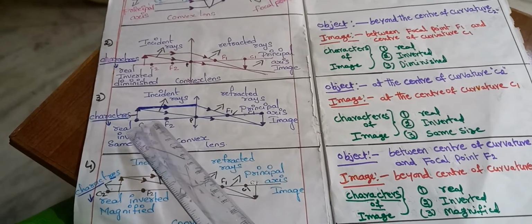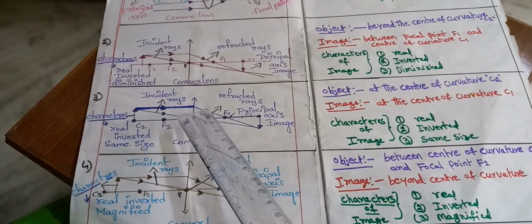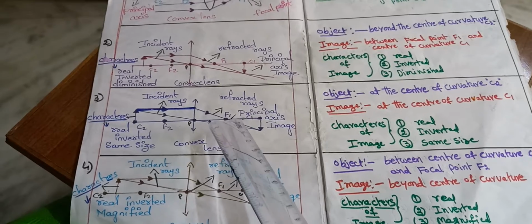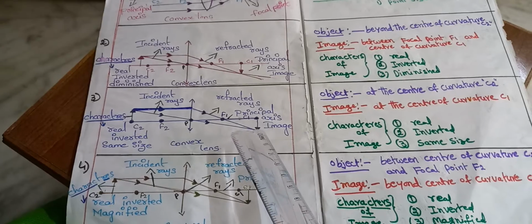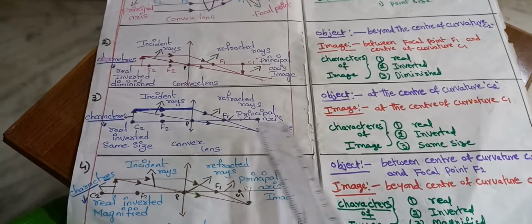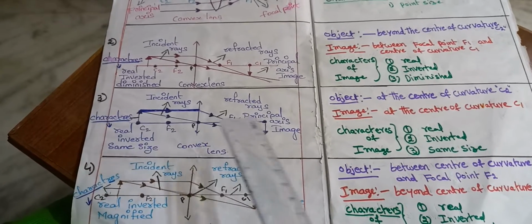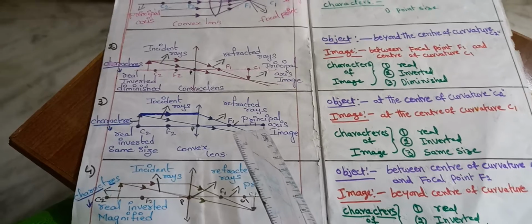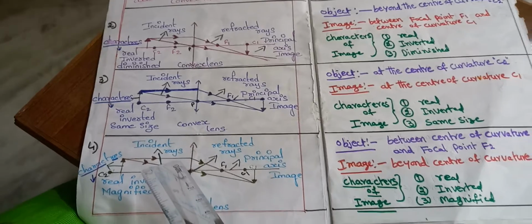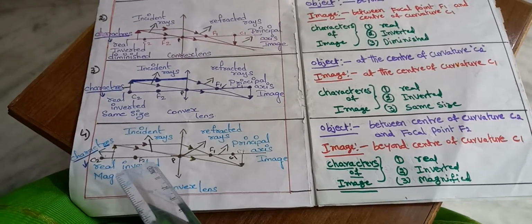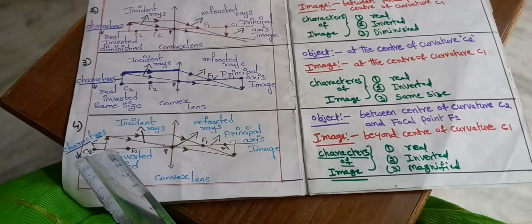Here also the incident rays travel from the object through the convex lens, getting refraction. So here also we can see the image formed at the center of curvature C1. So the characters are real, inverted and same size. So the object size and image size are the same, and real, inverted. And in the next diagram we can see here, the object is between the center of curvature C2 and focal point